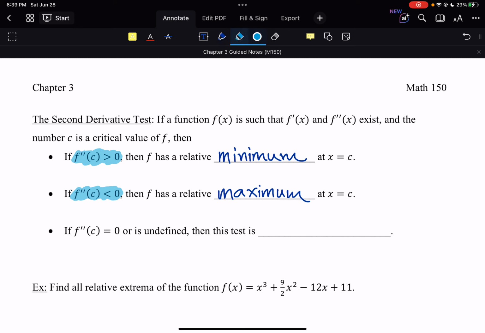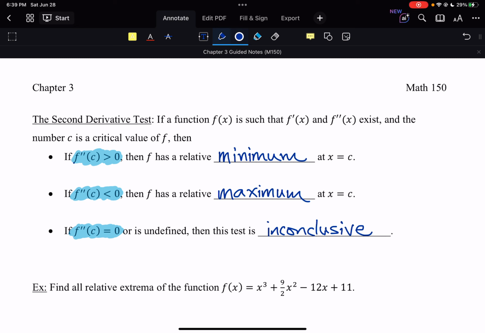And then we have our third kind of tag-along case here. If f double prime is equal to 0, then the second derivative test is inconclusive. That basically means that that point is also an inflection point, and it doesn't give us any useful information. So we would have to go back to using the first derivative test if that was the case, which we absolutely can do. But for this one, I want to talk about these two really quick, because this usually is